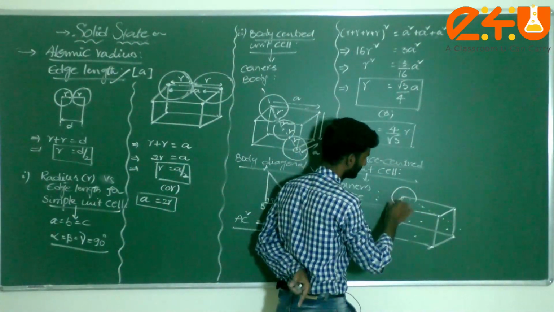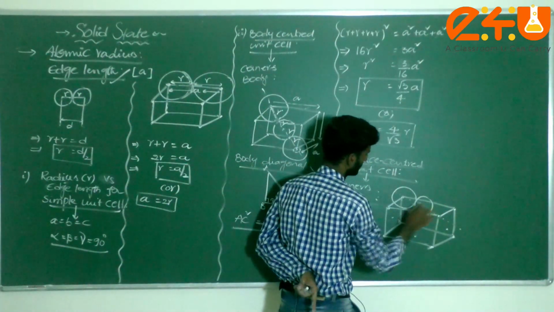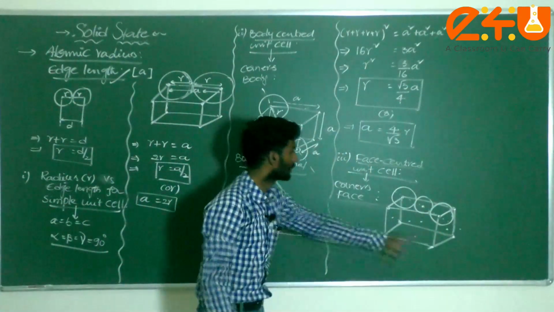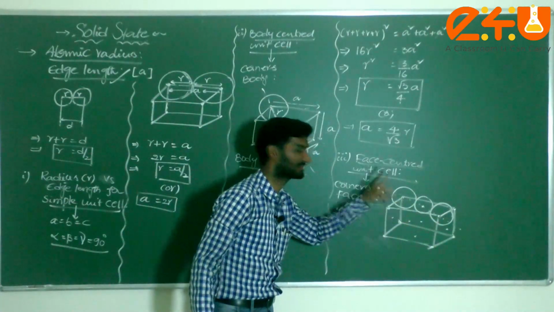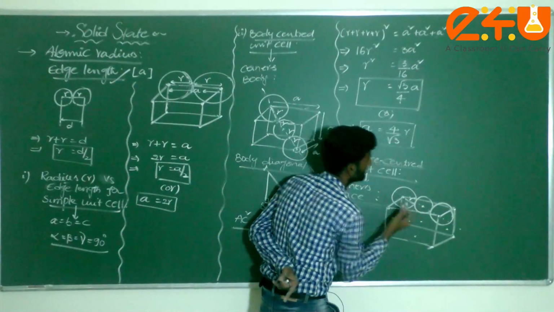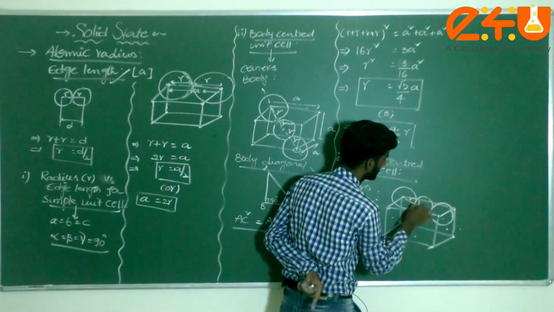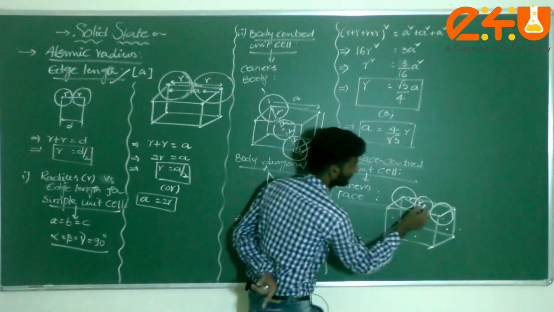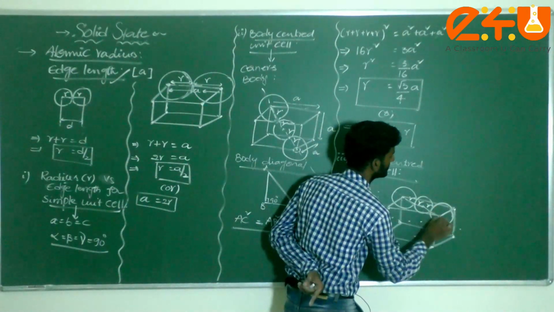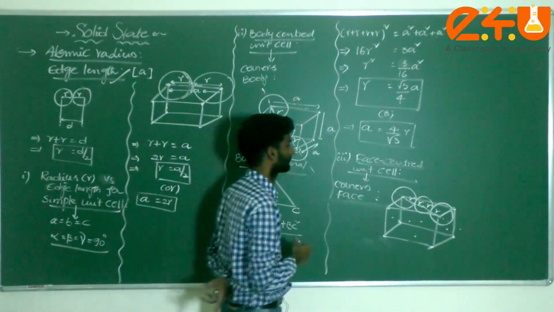I am writing, this is an atom, this is the face center, and this is also called the corner. Corner, face center plus corner. Am I correct? Now I am taking the distance from here to here, which I can consider as the radius r. Next, this is also a radius, r. From here to here, dear student, also r. From this adjacent atom to the center point, that is also called the radius r. Am I correct or not?